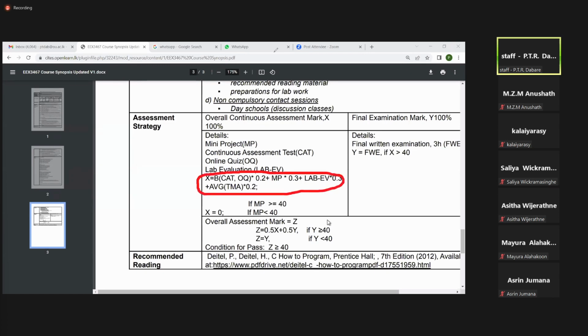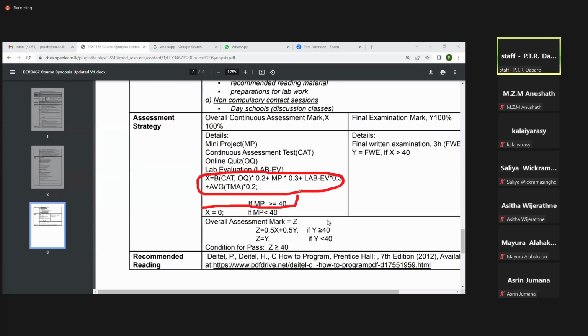Now for this course, 3467, the criteria is the best of CAT and OQ, from the mini project 0.3, from lab evaluation, that's the average lab evaluation, 0.3, and from TMS, that's also the average, 0.2, right? But that will be counted